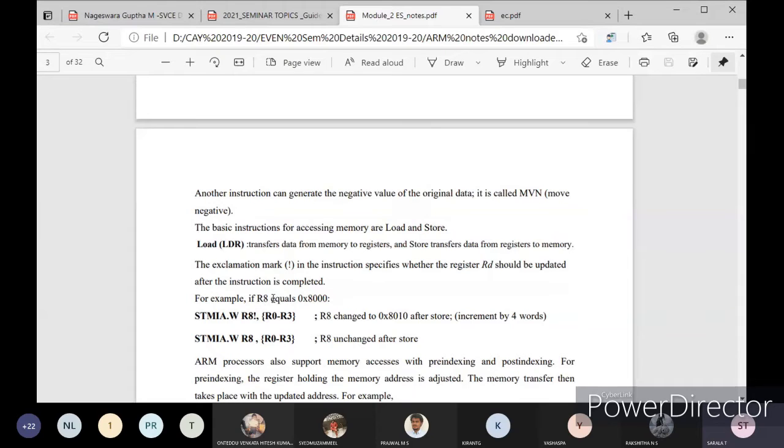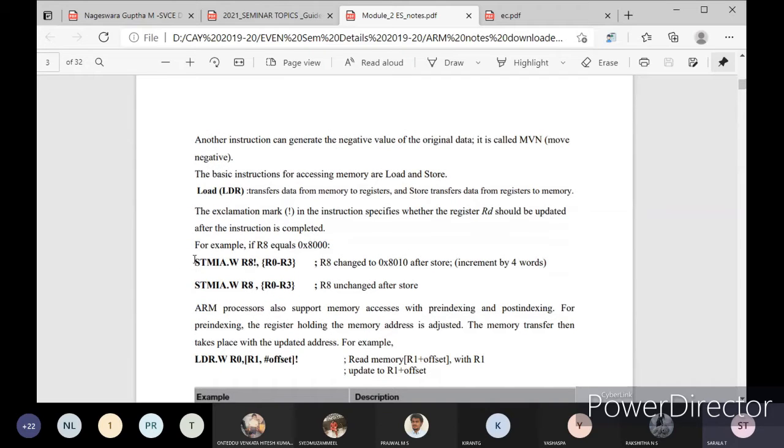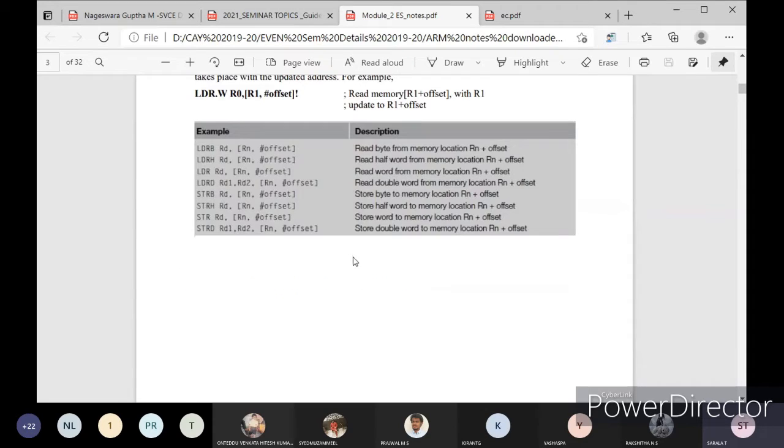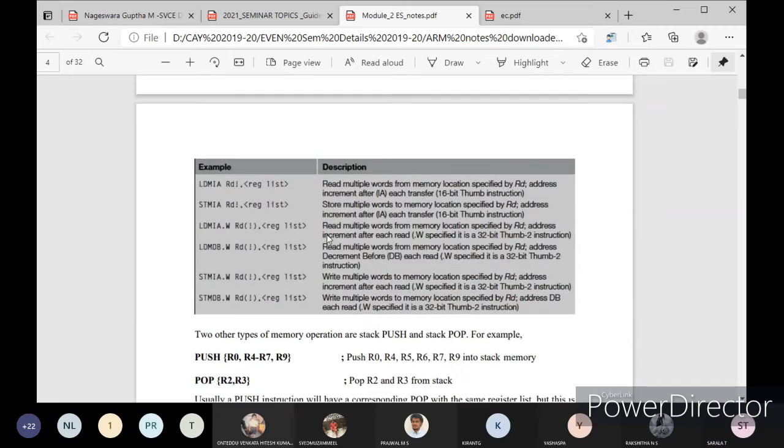Here, R8 is already holding the value 0x08000000, and this instruction we'll discuss first. STMIA you have here.